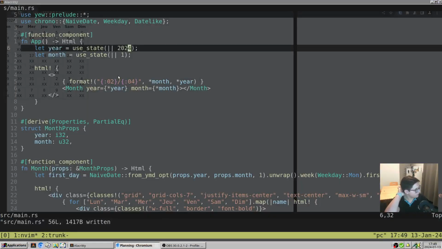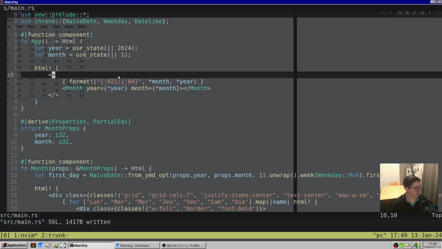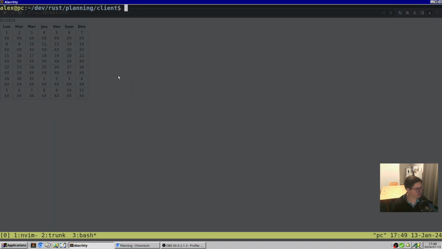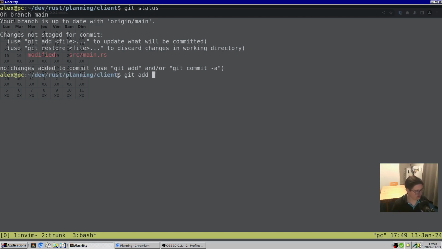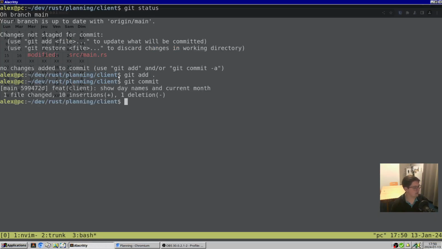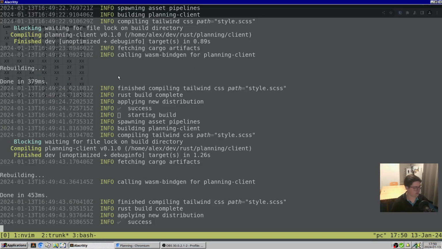Okay, so now that we show a little more information, let's commit this first. So git status, I add, I commit, and that is a feature of the client. Show day names and current month. Great, so that's committed. And now